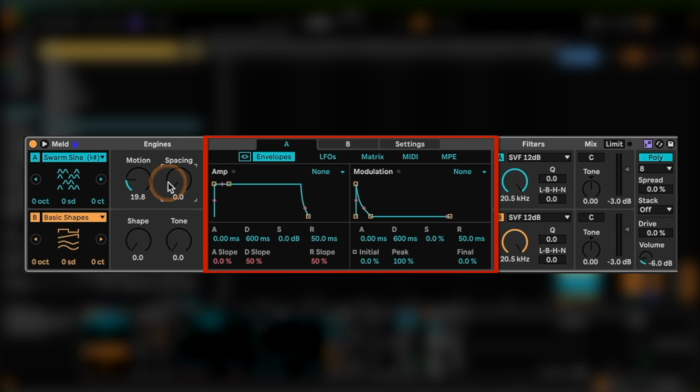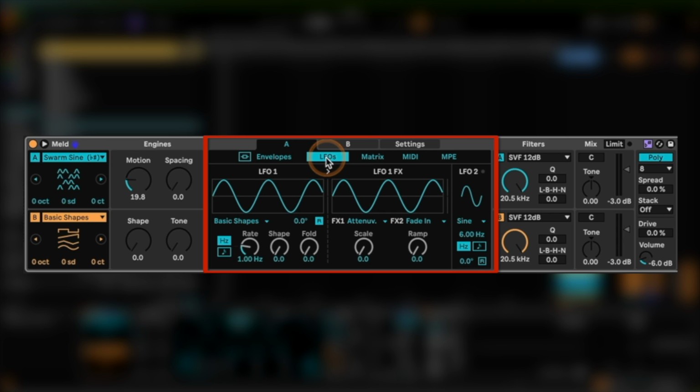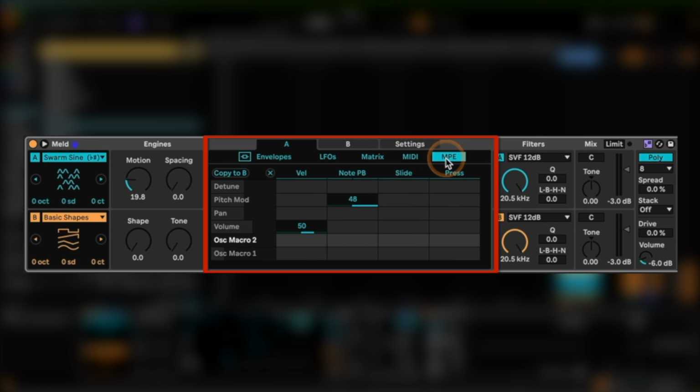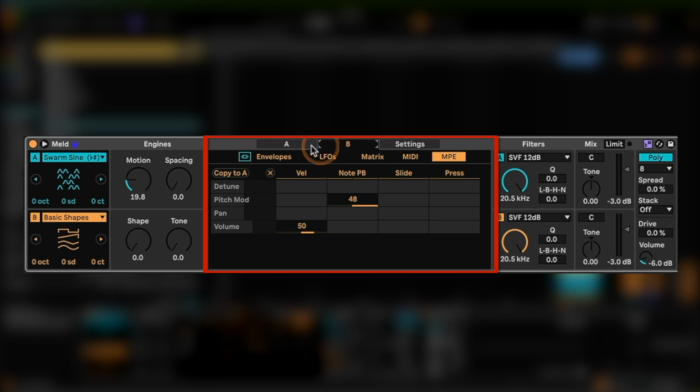The next section is going to be our envelope section. We have a master envelope section for our volume, and then we also have an envelope section for modulation. As well, we have two LFO sections, LFO1 and then an LFO specifically for effects. We have a big matrix that can be expanded to full screen so we can see what we're modulating. We have some MIDI settings, some MPE settings, and we have both of these settings for both oscillator A and